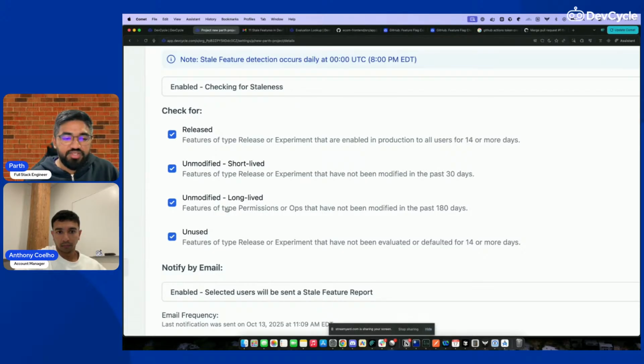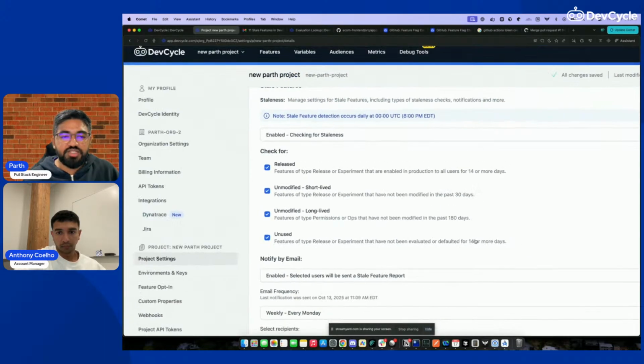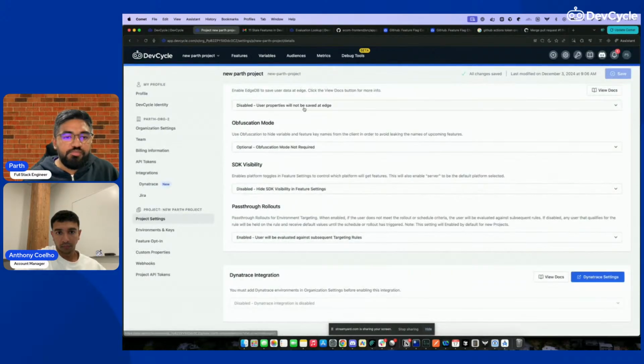Unmodified long-lived is just a different type of flag for permissions and ops-level flags. Some things you just want to keep there for more than a month and get reminded about later. And there's also unused, if you have not evaluated or defaulted in 14 days. So that's when a feature